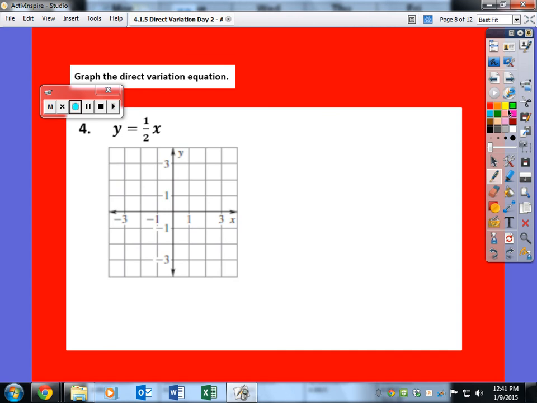Number 2 is dealing with graphing. Because this is a linear equation, it gives you a line, and we have a slope, so we're going to be able to graph this. Again, the y-intercept is 0, 0, so you already have the point 0, 0 as your starting point. Now I'm going to use the slope. My direct variation here is y equals 1/2 x. The slope would be